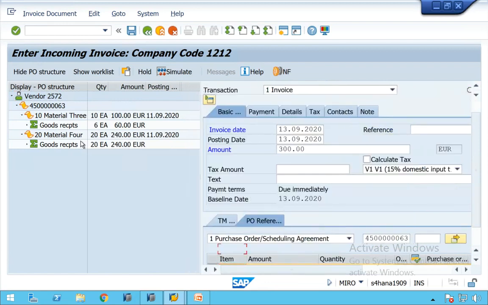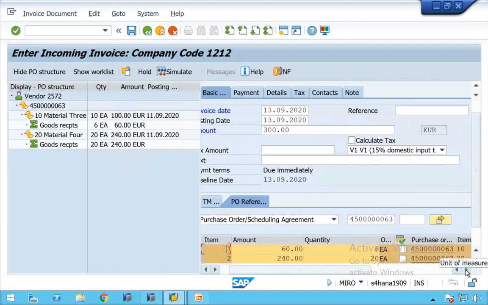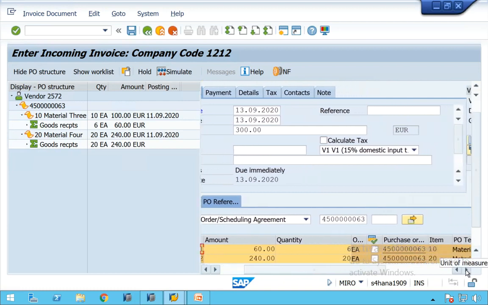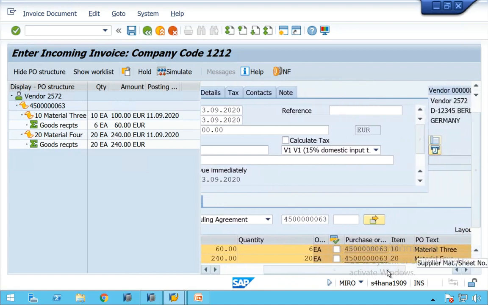Keep it here. Now, what did it say? Line item 10, what is allocation? JETMAT. Now, you can see the material number here. Material 3, correct? Yes. Line item 10 is material 3. Okay, what is that? 10 we ordered. How much we received in the invoice? Goods received 6 pieces. That much only allocation is done.